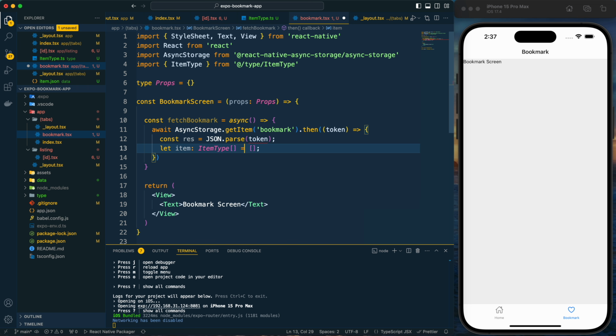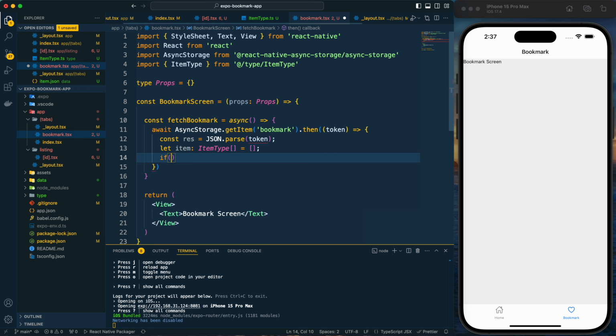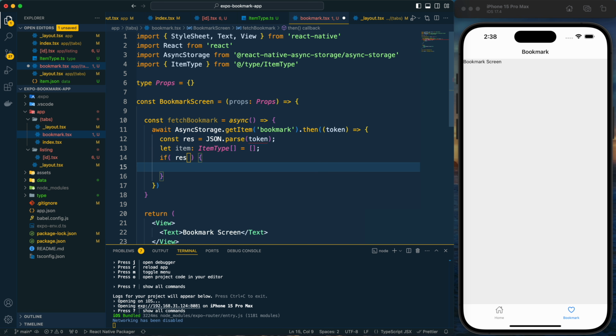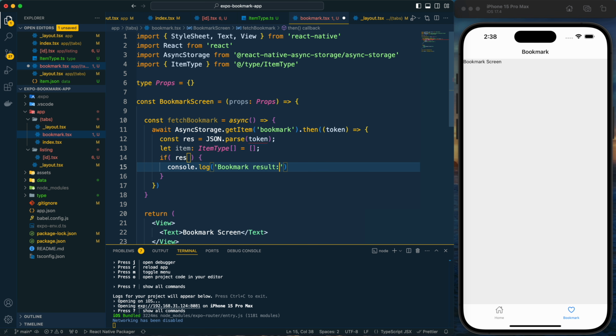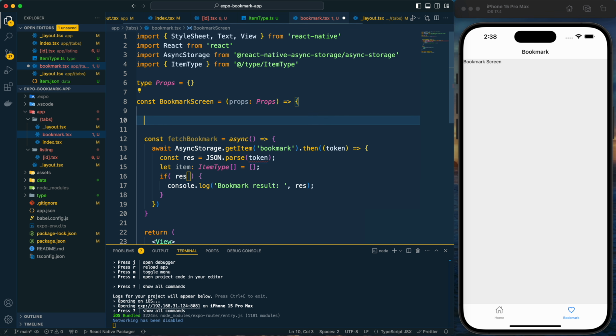So it will be an array of this item type, and let's check if result is present. Then let me first output it in a console log, bookmark result, like this. And now let's call this in a useEffect hook.